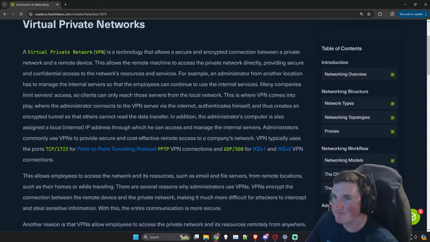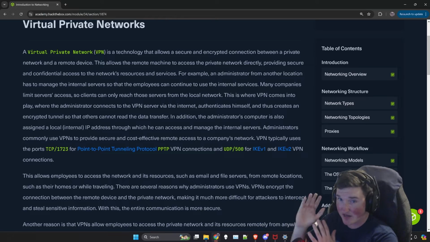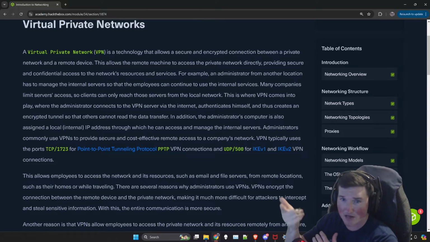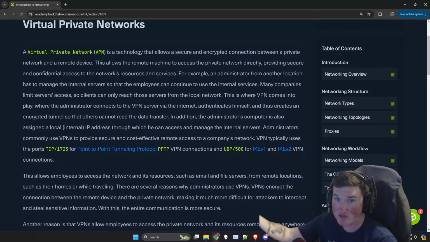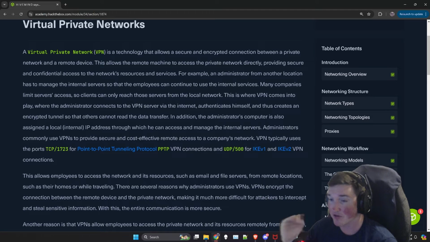So VPNs. If you don't know what this is, it's you encrypting data with another endpoint, which could be a server, a website, something you set up, your company, whatever.